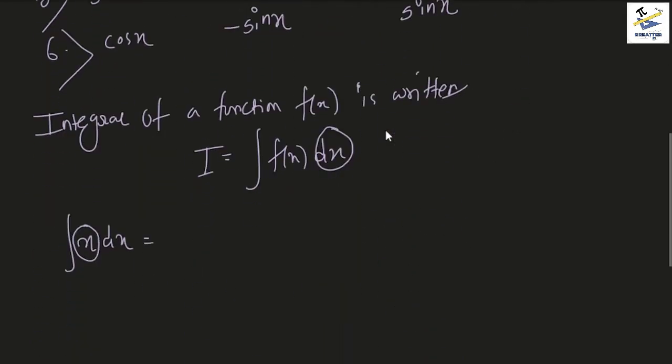So the answer would just be, since the power is 1 here, x to the power 1 plus 1 by 1 plus 1, plus c. So whenever doing an indefinite integration, which is something where you do not have limits, see, when you do a definite integral, you will have some numbers or some functions as limits, as a lower limit and as an upper limit, because you always integrate over some interval, and you write the endpoints of the interval here. But when you are doing indefinite integration, we always add a plus constant c, because